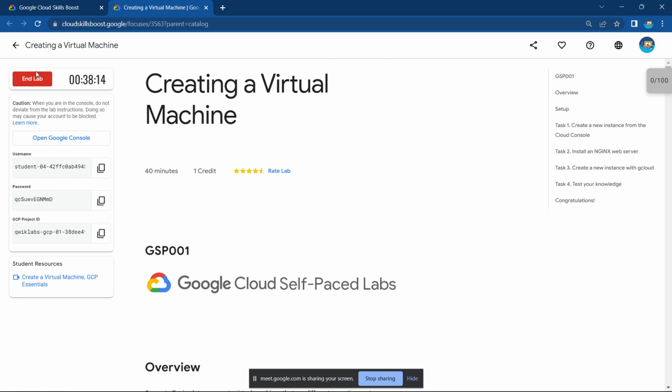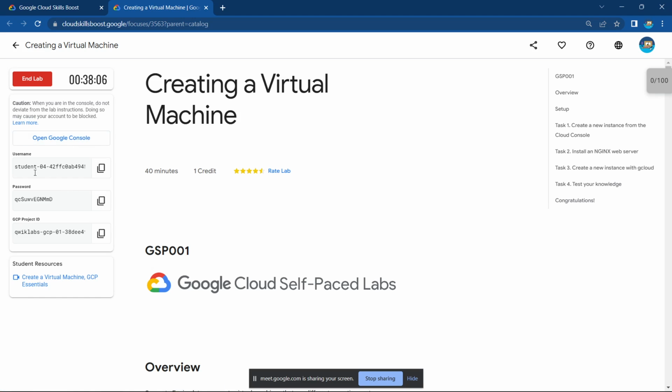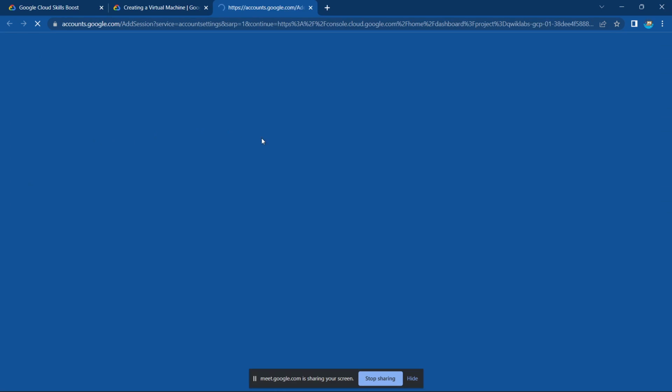Whenever you click on start, as I told you last session, it will create a virtualized environment for you. In this environment, the student ID and password are temporary, valid for 40 minutes, and you will have a unique ID, that is the project ID. So if you click on open console,